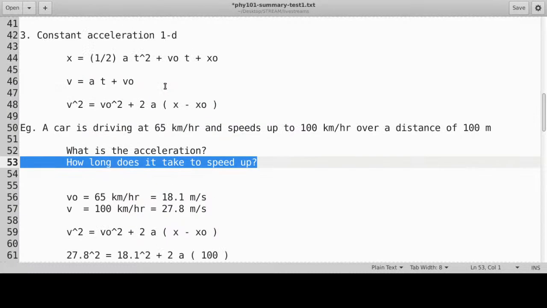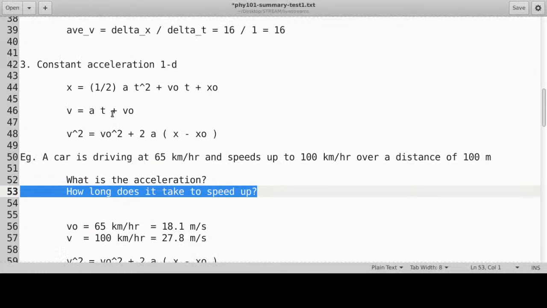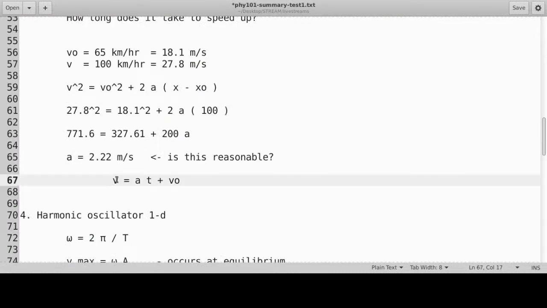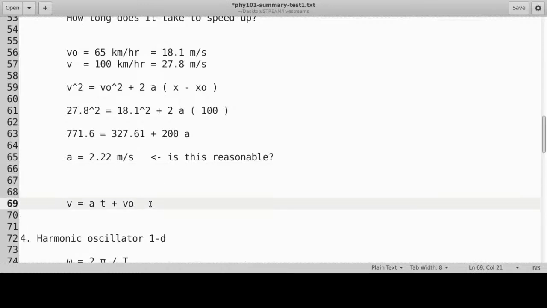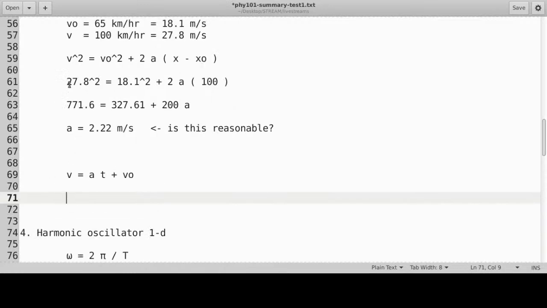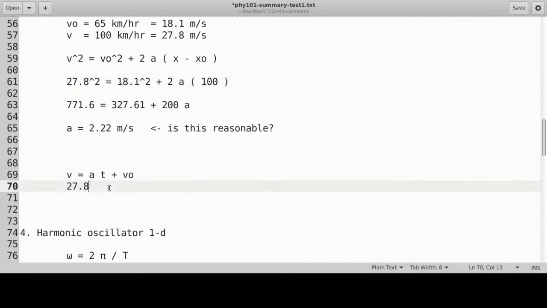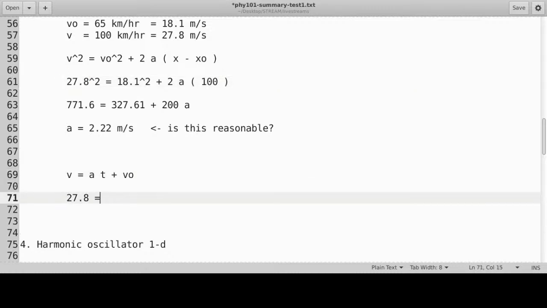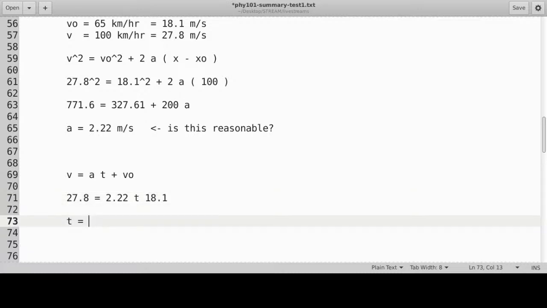And now you can take a look at these equations. You can actually use either equation number 1 or number 2. Number 1 is a quadratic, so just use number 2, obviously, right? Because now we know a. So if you use number 2 here to get the time, like this: v, the final velocity, is 27.8, is equal to 2.22 t plus the initial velocity, which was 18.1, and that gives you a t of,